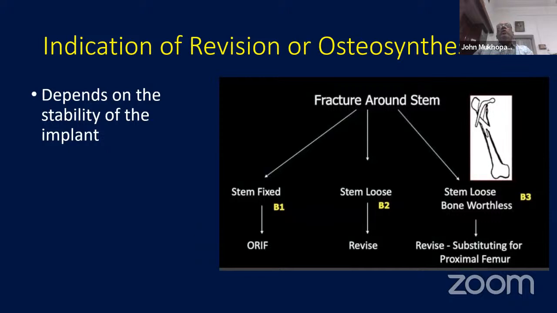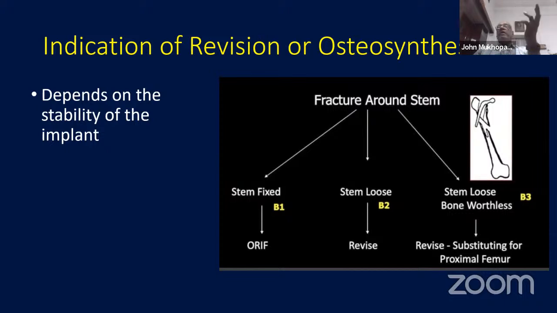Okay, so your indications for revision or osteosynthesis would depend on the stability of the implant. If the stem was well fixed, as I mentioned earlier, you would plan for an open reduction and internal fixation. If it was a B2, that means the stem was loose, you would revise the prosthesis along with doing something for the fracture. And if it was a type 3 or B3, where the stem was loose and the bone quality was very poor,